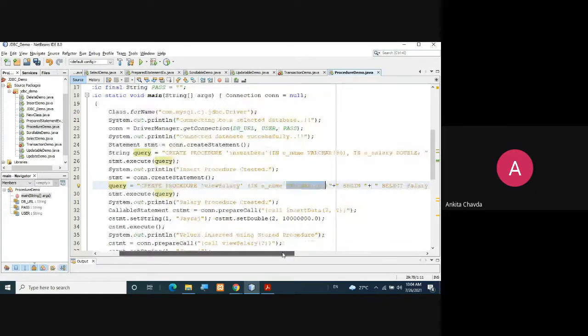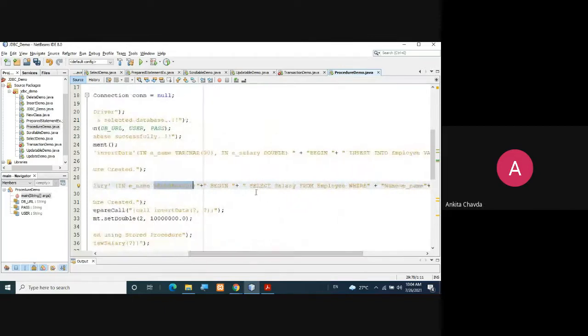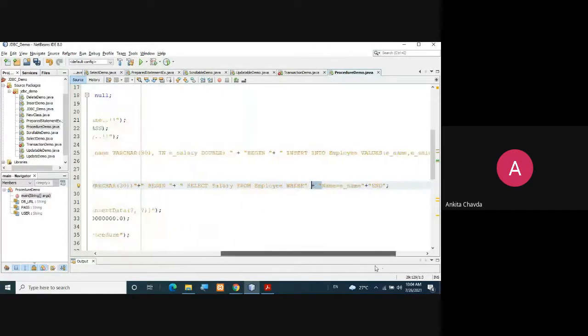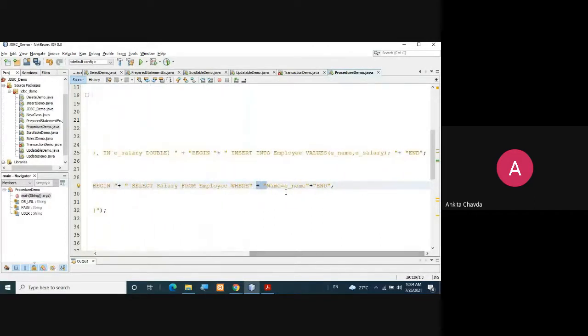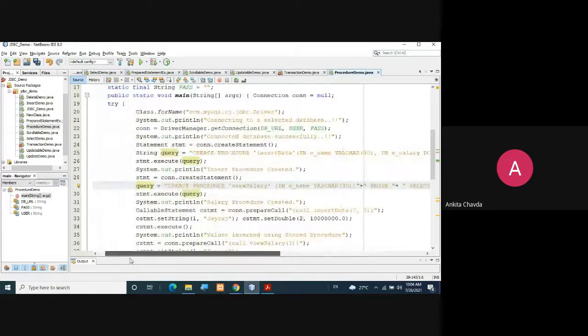So you just want to know the employee name: select the salary from the employee where name equals to this employee name. So wherever you write just the employee name, you get the salary. You can even change it to the employee ID and get the salary. So you can change that in the view salary. That is up to you.